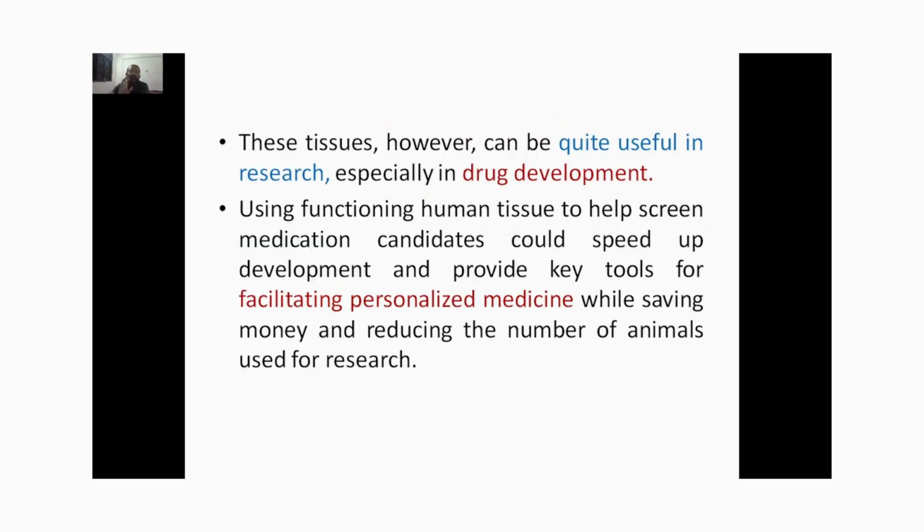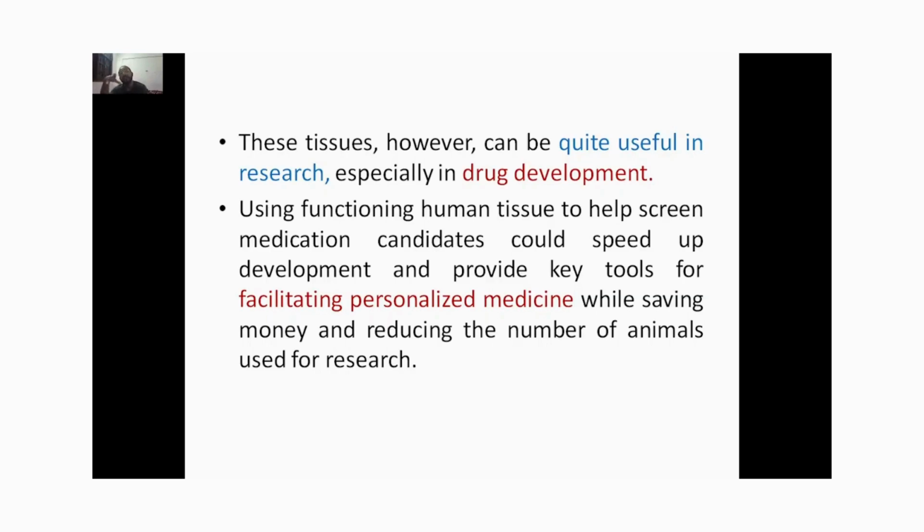So these tissues can be quite useful in research, especially in drug development, wherever you need to develop a particular drug and see how it is going to be useful to treat a particular disease related to the heart, liver and lung. That can be understood, that can be tried at laboratory scale only.